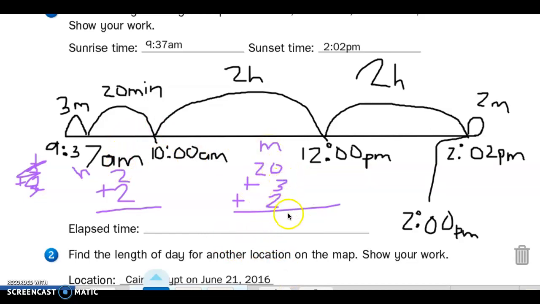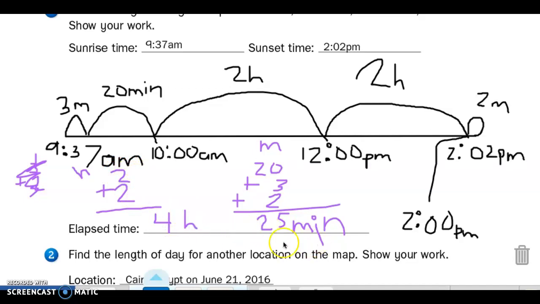0 plus 3 plus 2 is 5. 2 plus 0 is 2. Did I make enough minutes to get another hour? No, 25 is less than 60. So I have 25 minutes. And how many hours, I wonder? 2, 4